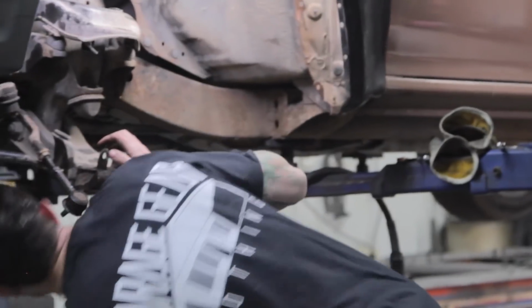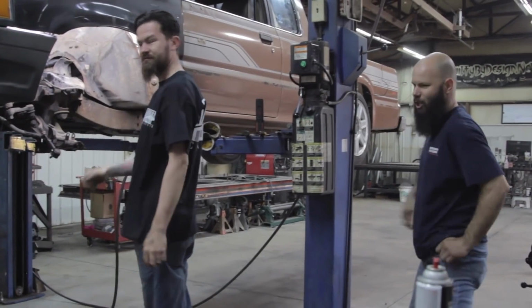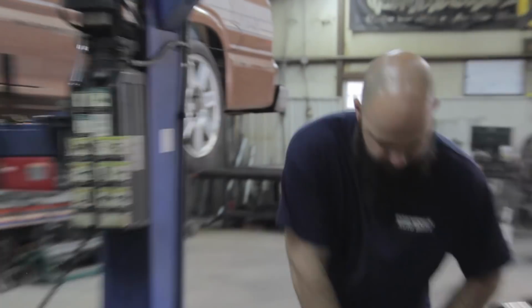So everything's done in the back. Do we need to mount your badass air tank? That's what I was saying. Badass Lowrider Depot air tank, to make that drop in my